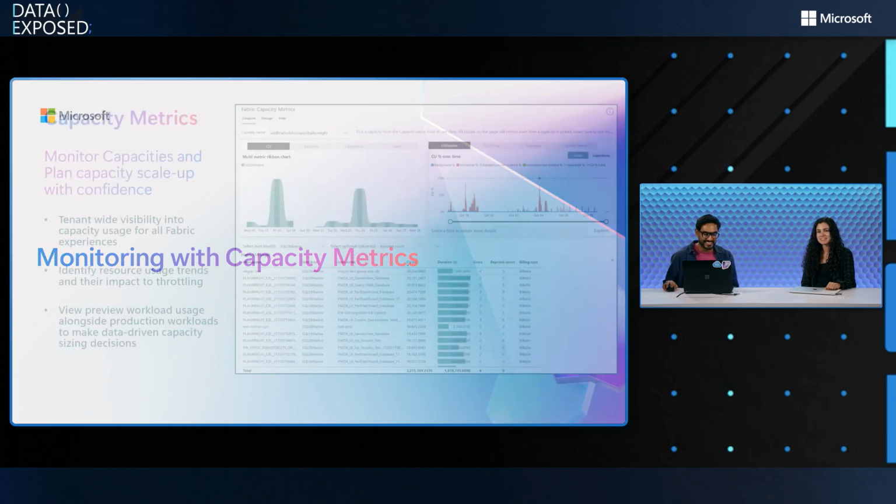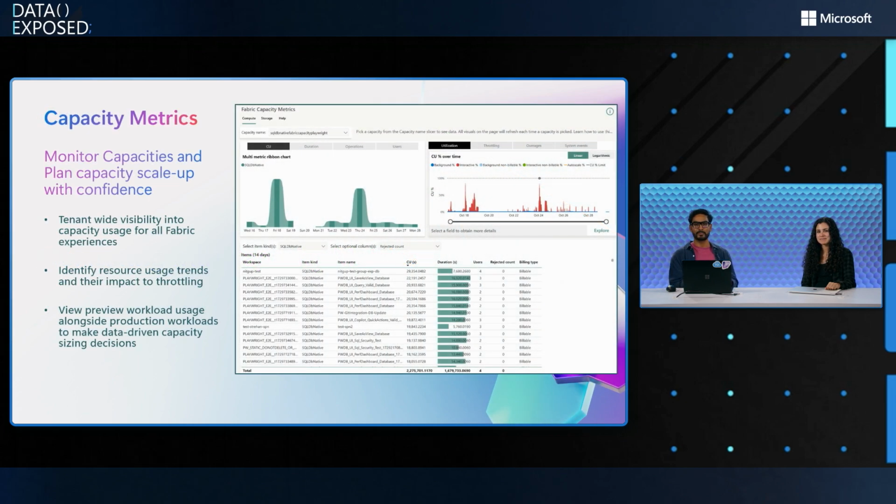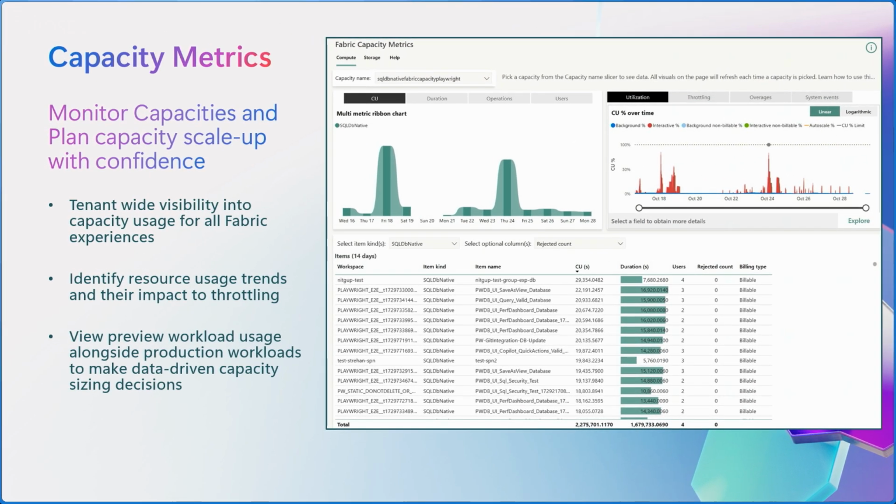Sounds good. You have two elements to capacity metrics. You have the compute element. So essentially, I think we talked about this in the last episode. It's about capacities being structured under a tenant and capacities having multiple workspaces, and then each workspace having multiple artifacts or databases in this case. So all of these consume resources. And our goal should always be, when we're monitoring capacity, you should always look for efficiency, for performance, and for optimization.